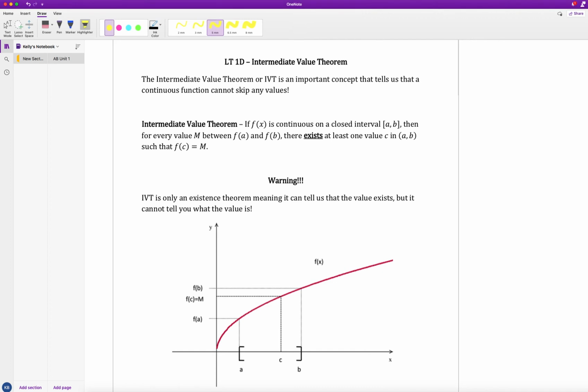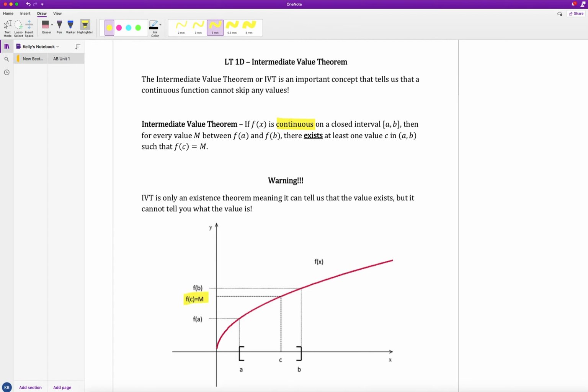Continuing on with learning target 1D in this video, we will be doing more examples for the intermediate value theorem. In the first part of this video, we learned what the intermediate value theorem is, and we looked at one example. As a refresher, the intermediate value theorem says that if f of x is continuous, so I have to require that our function is continuous on the closed interval from a to b, then for every value m in between f of a and f of b, so if I go down here to the